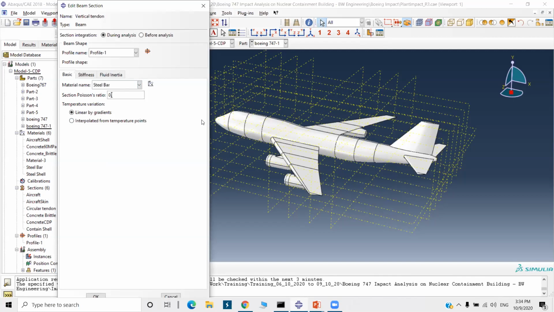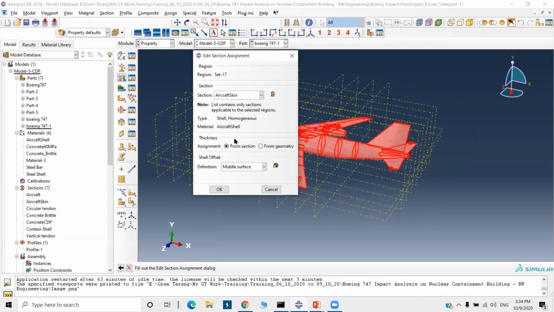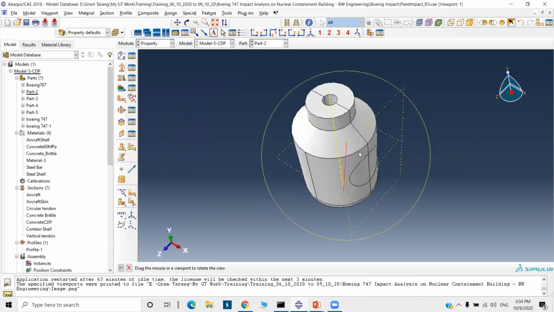Next, we are going to assign the sections. For this Boeing 747, select this part, click on the section assignment icon, select this plane, done. Section is aircraft skin. Next, part 2, this container shell. I will show you the cross section here, the cut section. It is hollow and has thickness.